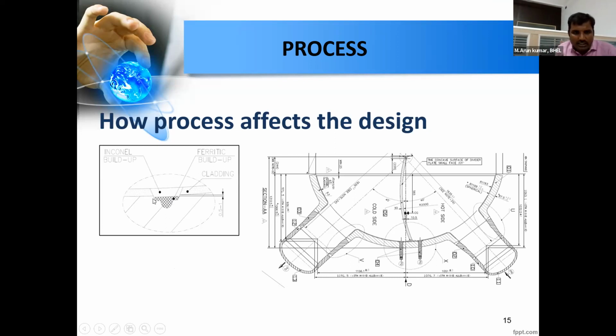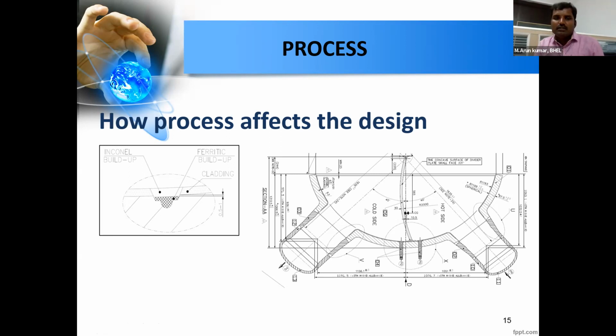Here at the interface, if we get a defect and we make a groove like this, as we do for any repair grooves in case of UT or RT repair and further build-up, whenever this ferritic buildup touches this